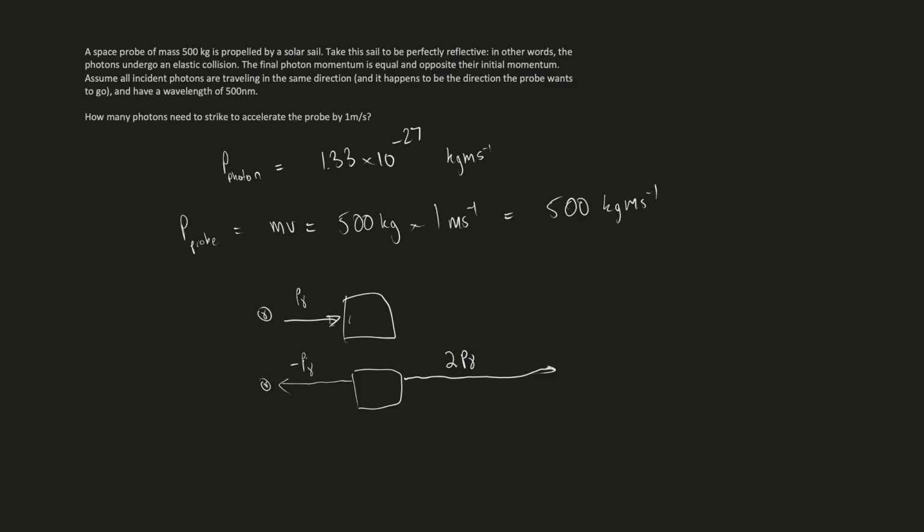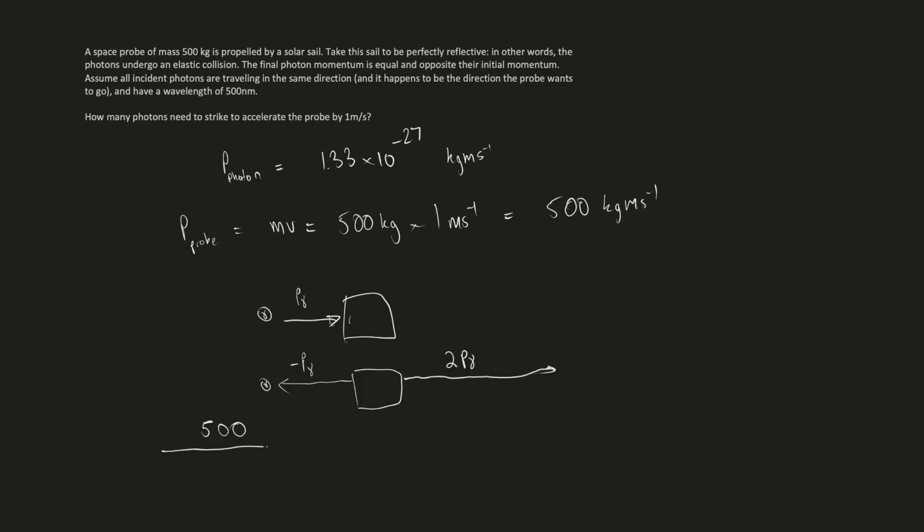Now, how can we use this to perform the calculation? Well, we're essentially saying how many of these photons do we need to go into the final momentum of the probe. And remember, because each photon essentially gives the probe twice as much momentum as it itself has, we are going to divide our number of photons by 2. So let's figure out how many photons would go into